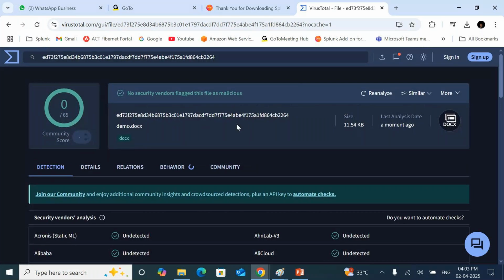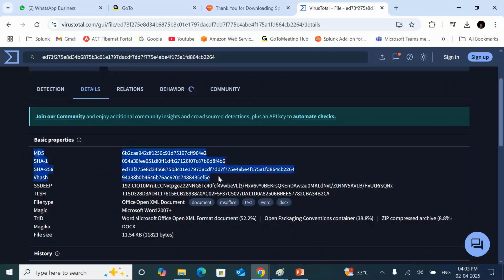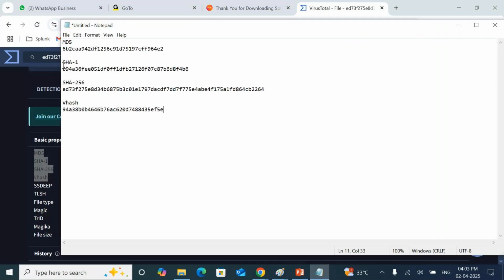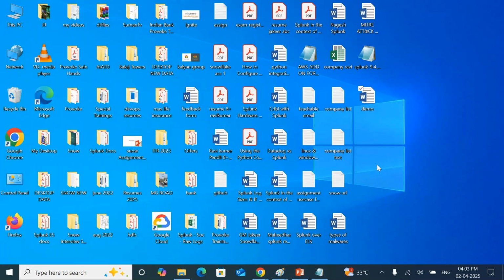If you see this information, this is the hash key. The hash key of the original file is this one. I am saying that this is my hash key and this is the file. Unfortunately, if I send this file to you via WhatsApp, WhatsApp means via internet only, maybe a man in the middle attack will happen. Some attacker will take this file and